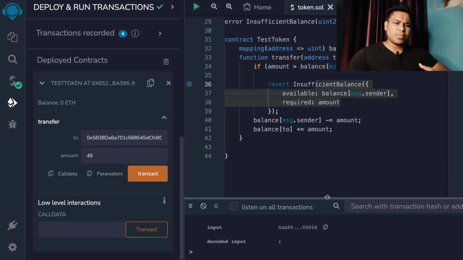And exactly, there are multiple ways to define errors. We have require, we have assert, and this is the custom error we have. But whenever you declare any custom error in the contract, first you have to check the data, that what data you want to have